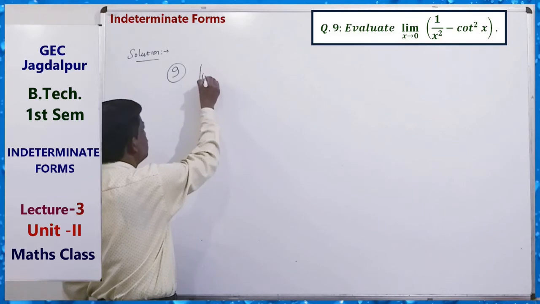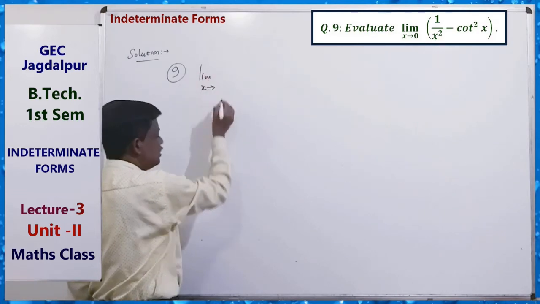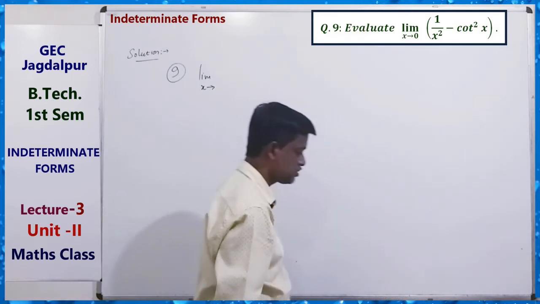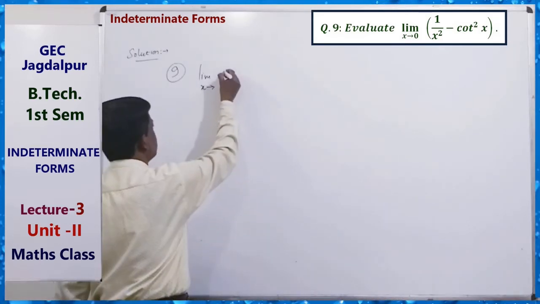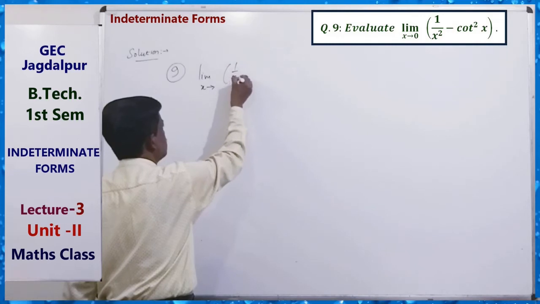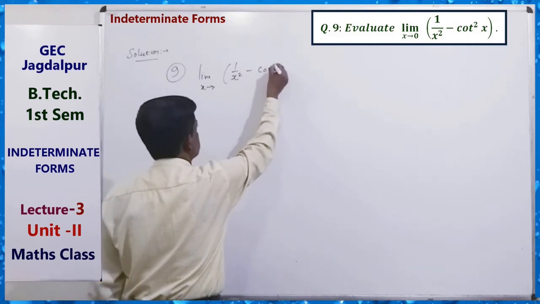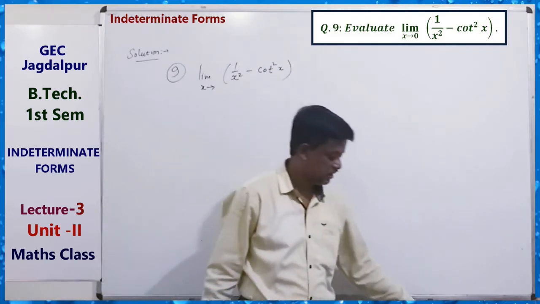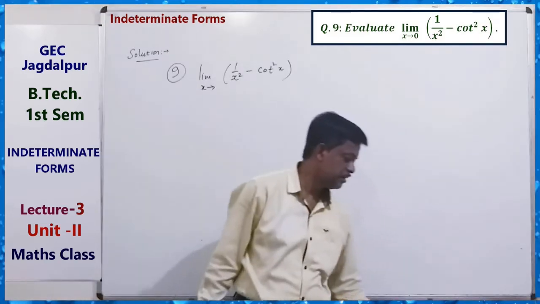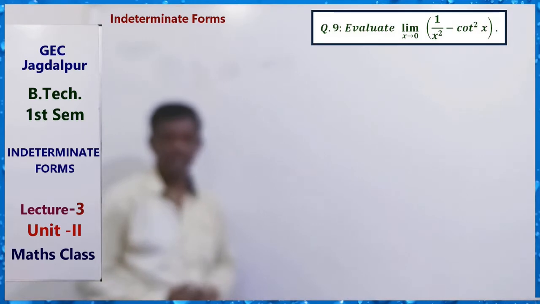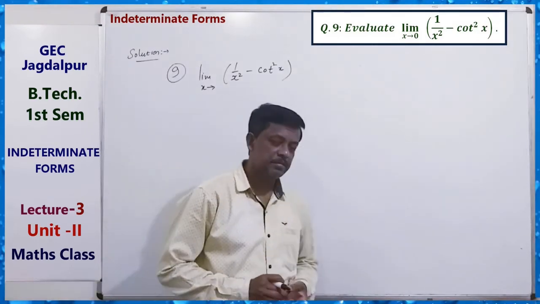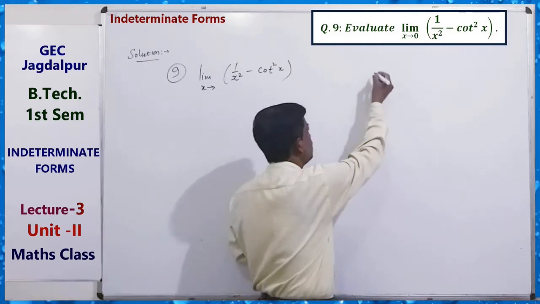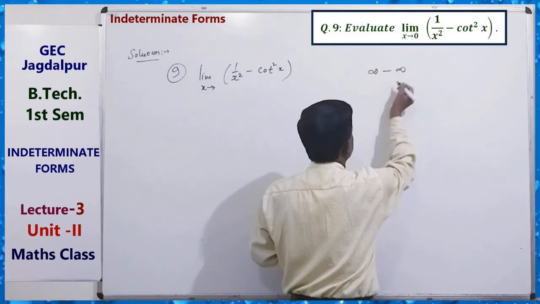So limit x tending to what? x tending to 0, 1 by x square minus cot square x. 1 by x square minus cot square x. This format. Okay, just try to solve it. Here, see how can we solve? Here, the main thing is what? If a function is given and the format is this, infinity minus infinity form,